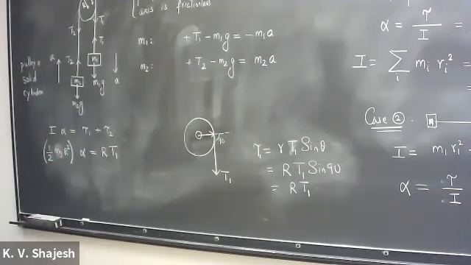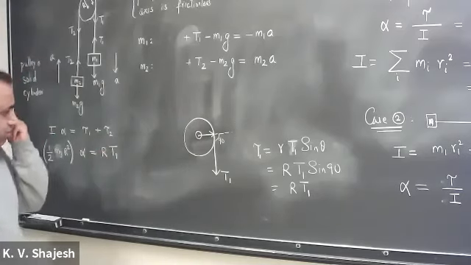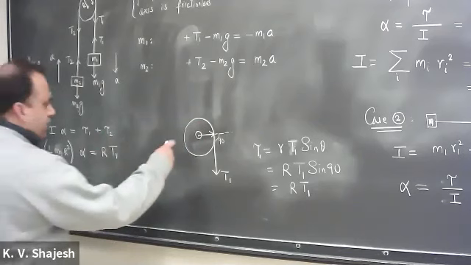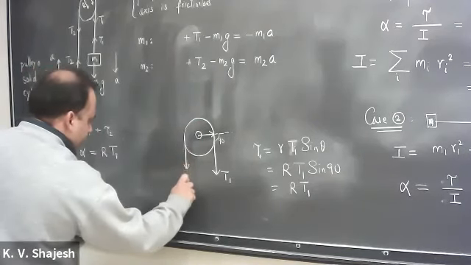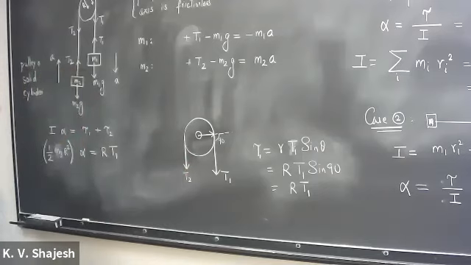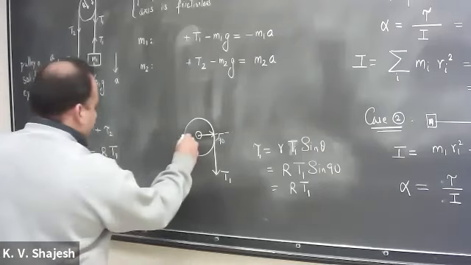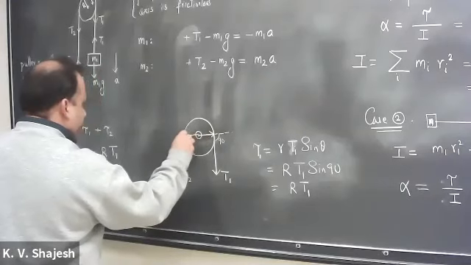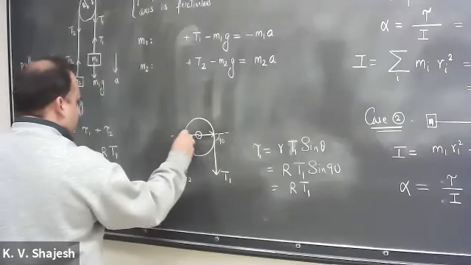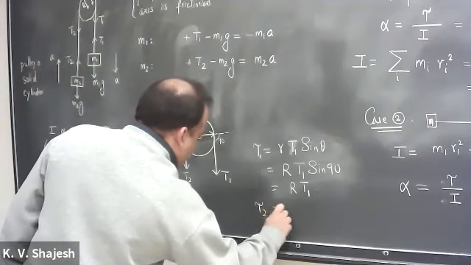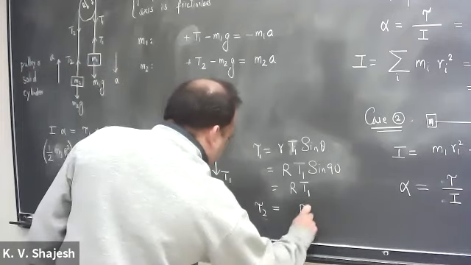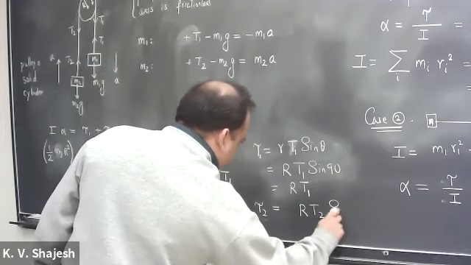Instead of forces, now we are getting a distance associated with it. That's the idea of torque. That means to say, if you're farther, you exert more torque. There is another torque in here, which is T2. And if you do the same analysis there, that's your T2, that's your radius R, that's again 90 degrees. So torque 2 is equal to R times T2 times sine of 90.